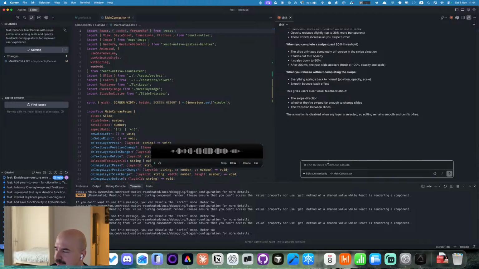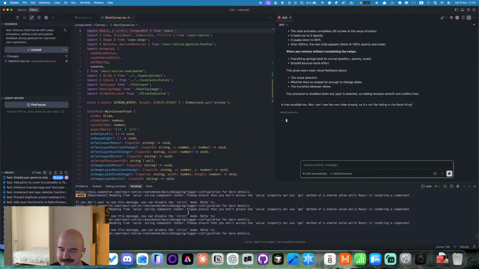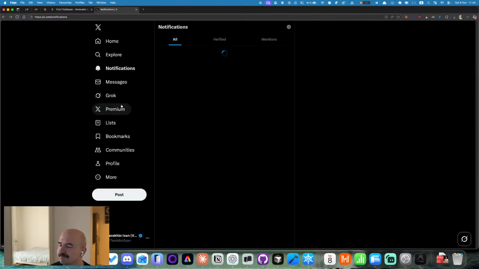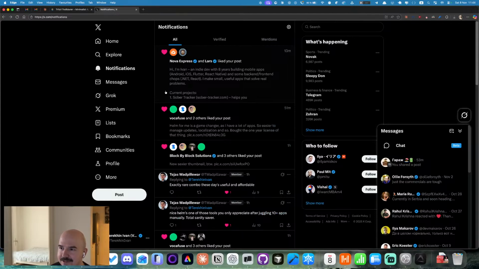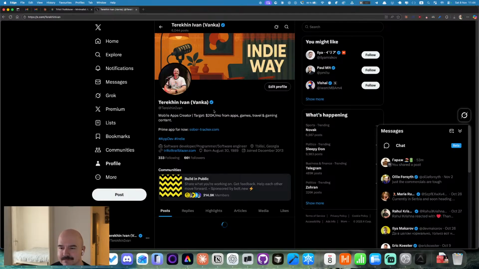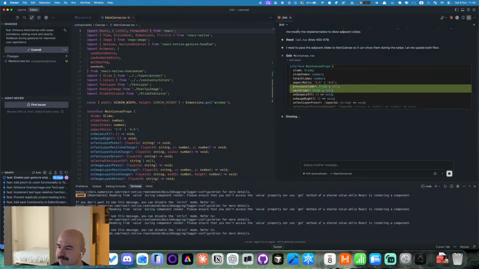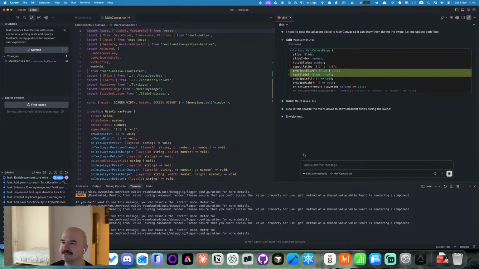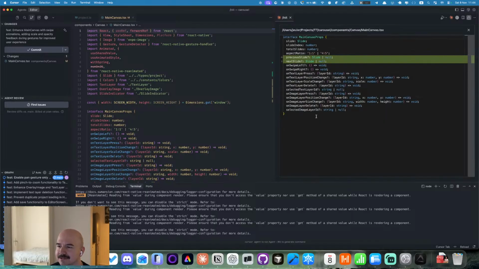Is it possible to do it so I can see the next slide already? So it's not like fading in the black thing. Because it's counterintuitive right now. Yeah, we will have previous and next slide. We have a very huge amount of main canvas props, by the way.